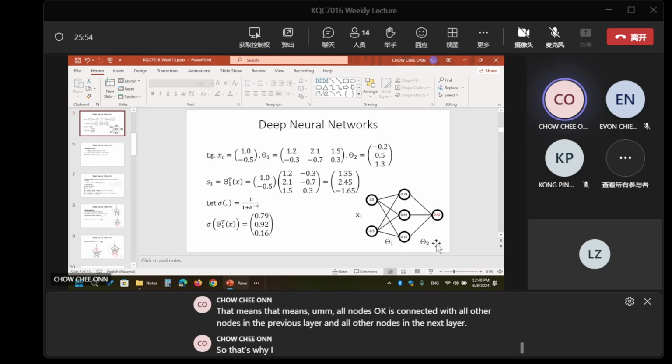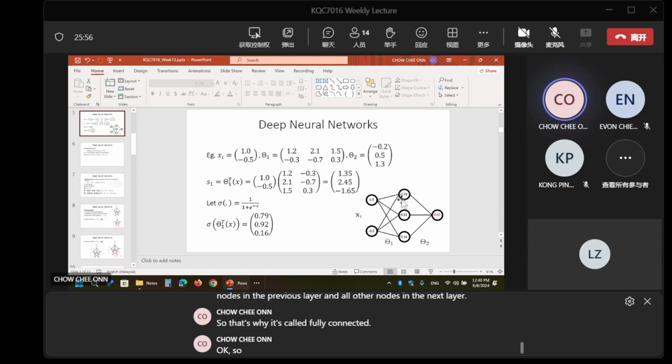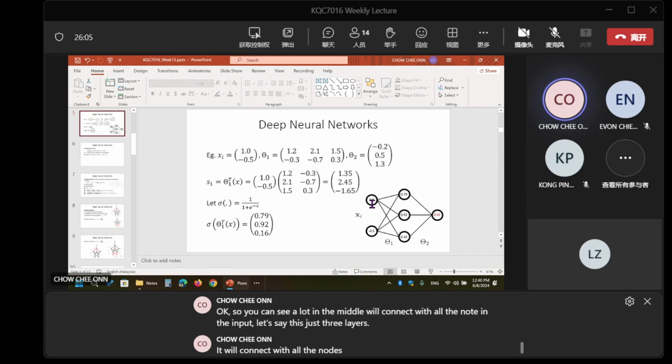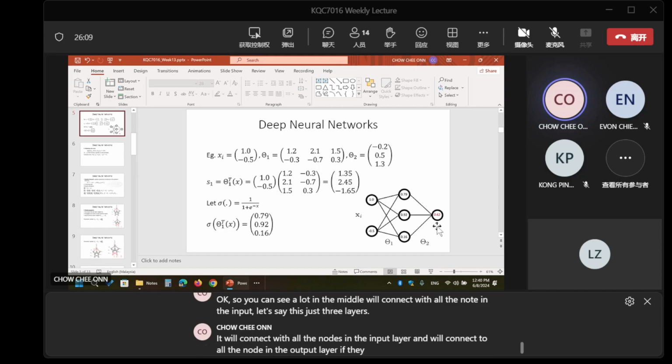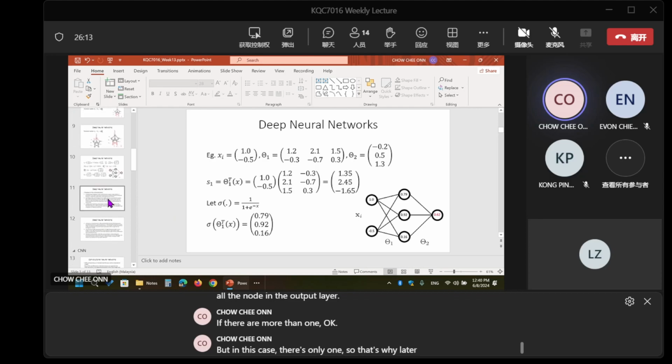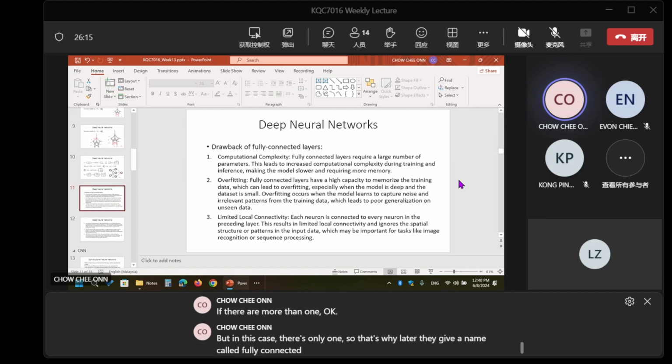So a node in the middle will connect with all the nodes in the input layer, and will connect to all the nodes in the output layer if there are more than one, though in this case there's only one. That's why it's called a fully connected layer.